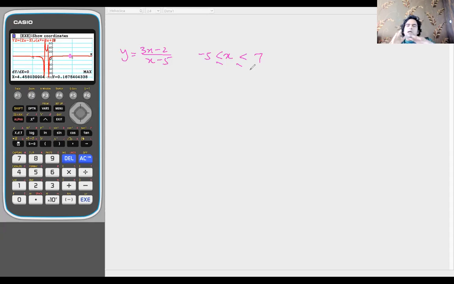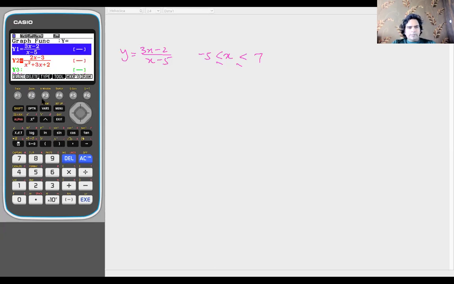Up till IB, I've been teaching higher level kids, and we see that even in higher level, they don't have the knowledge of how to actually do this directly on technology, because they'll just go to the view window and change it. For example, this is my graph, and I'm just going to delete the second one because I won't need it. Let's say this is the graph, and here what we do is, put a comma, and then press shift and